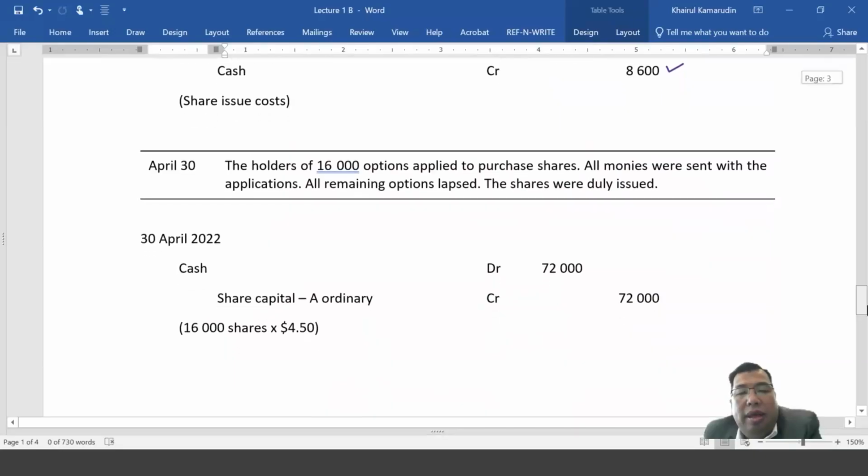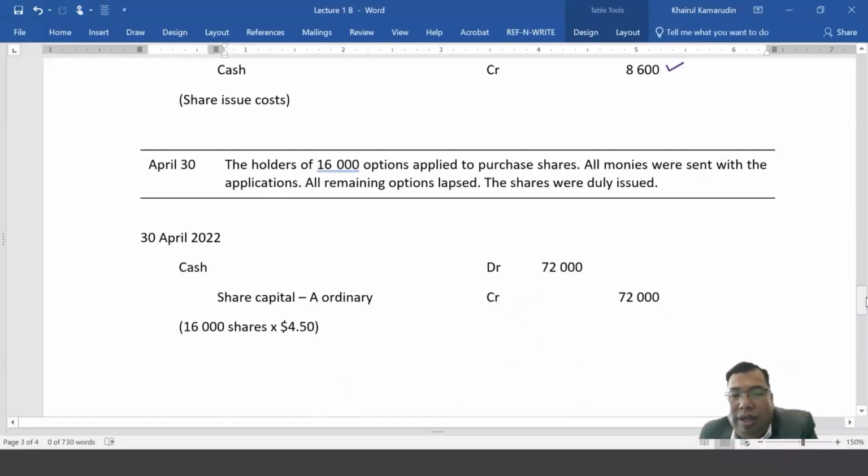Okay. So what is the price of the new shares? The new shares price is 450. So for the cash, I'm going to debit the cash. Cash increased by 72,000, and the share capital A increased by 72,000 as well. So 16,000 multiplied by 450, you get 72,000. So debit cash, an increase in cash,